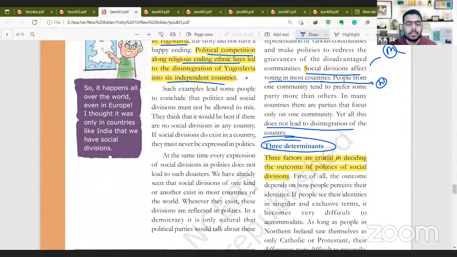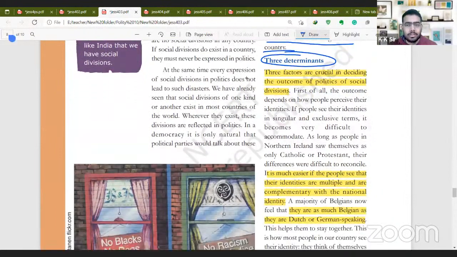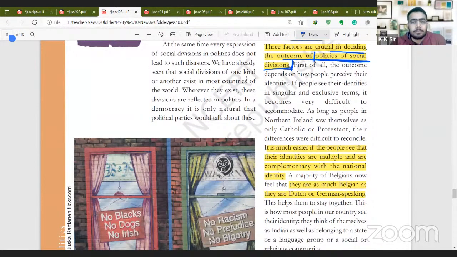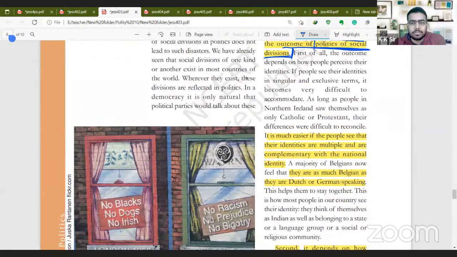So जरूरी नहीं है कि country divide हो जाए. There are 3 crucial factors that decide the outcome of the politics of social division. Politics of social division, बहुत important keyword है. Many people do this politics of social division, and it's not necessarily bad. इसका अच्छा या बुरा impact होगा, that will be decided by 3 determinants. What are these determinants? First of all,